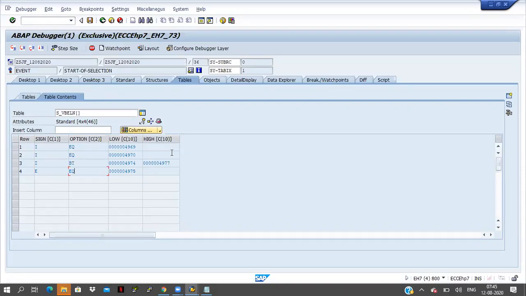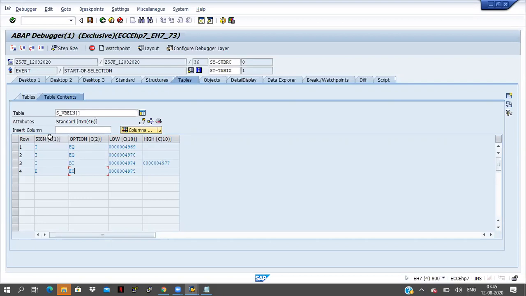Whenever you declare the select options, by default it will create one work area and one internal table with the same name by using the with header line concept, and that internal table will contain 4 fields: sign, option, low, high.